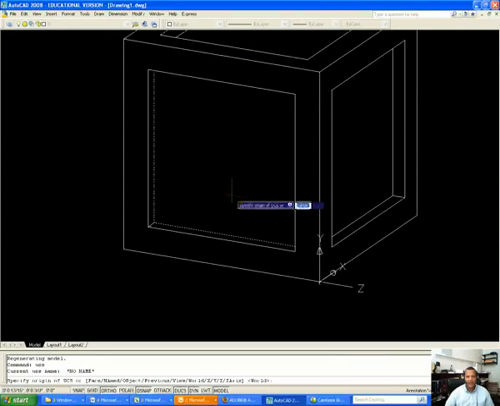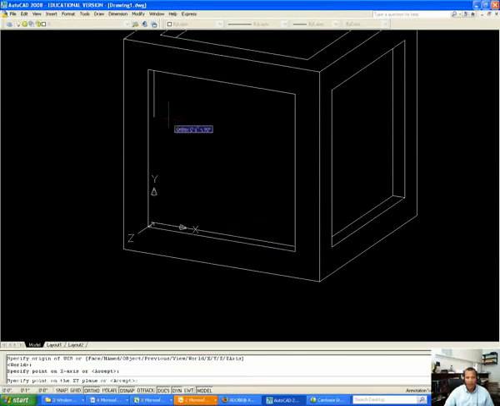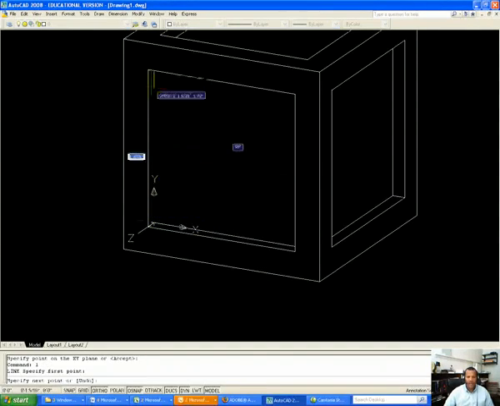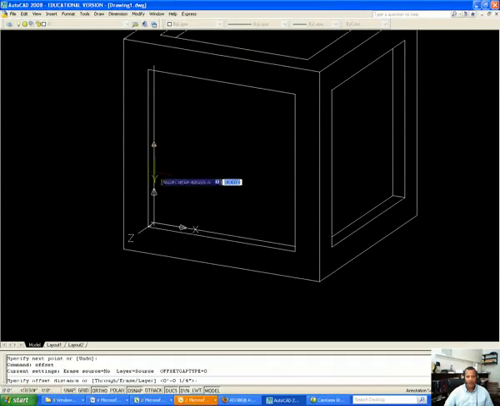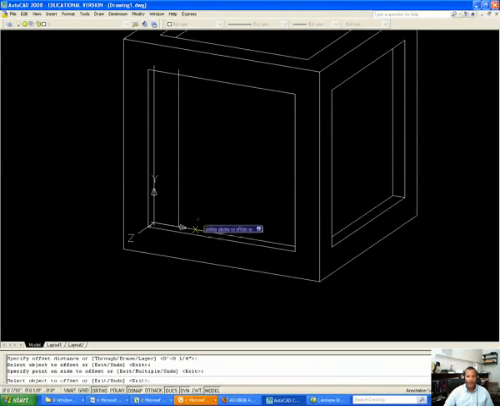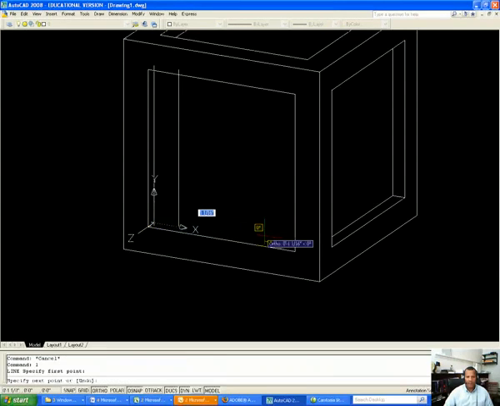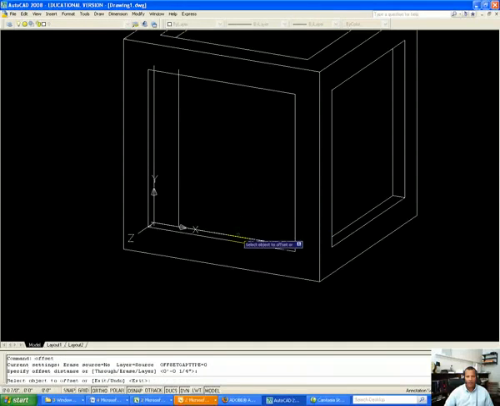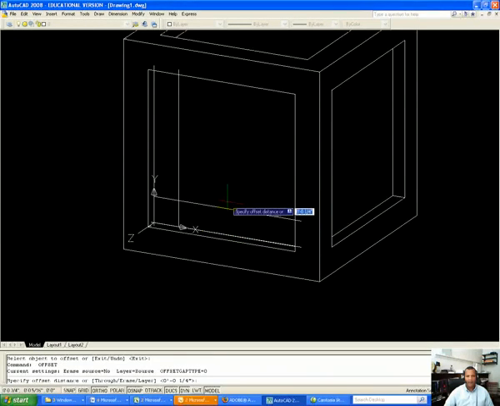I want to set my UCS on this back face only because I want to draw there. Some of you may want to draw from the outside face. That's a choice. Just make sure you extrude the right direction. To begin drawing, I'm going to draw a line upward. I'm going to offset that line 1/4. I'm going to offset another line drawn on the bottom, another 1/4, and then I can offset 1 inch